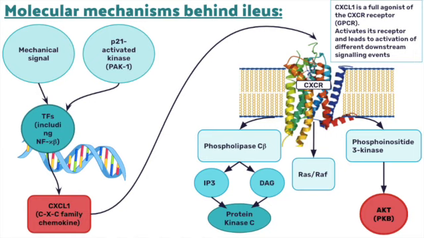CXCR can lead to the activation of phospholipase C-beta, which will produce second messengers inositol triphosphate and diacylglycerol, leading to the activation of protein kinase C. Another pathway is through the activation of the G protein monomer, RAS, and the RAF of the MAP kinase pathway. However, our target pathway is that leading to the activation of AKT, otherwise referred to as protein kinase B,